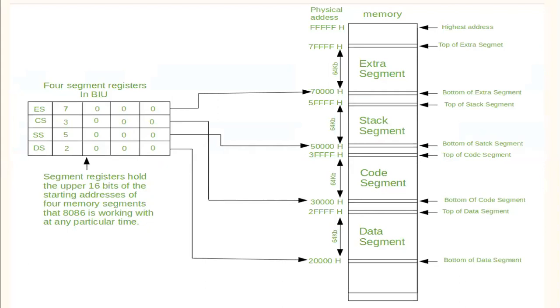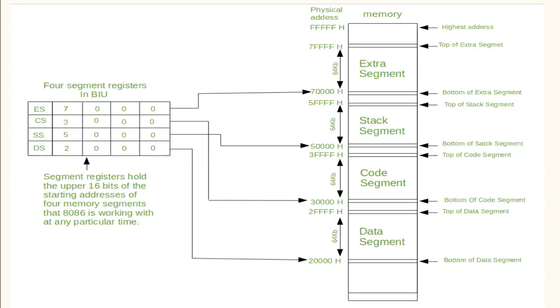There are 4 rows in the classroom and in each row there are 10 benches. So if we consider the first row, the first bench will have the number 1, then 2, 3, 4, 5, 6, 7, 8, 9 up to 10. Right? Similarly, in the second row, you will have 11, 12, 13 up to 20. The third row will have 21, 22 up to 30 and the fourth row will have 31, 32 up to 40.